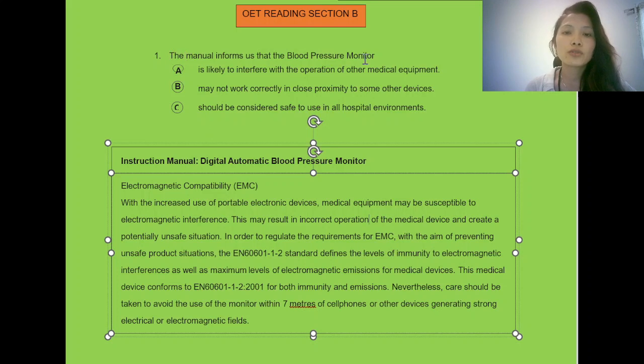You need to read this question for sure. Not only that, you need to read the options. But what I found from many of the tutors is that they tell the students to read the text first, then go for the options. In my opinion, I have seen with many students as well, when they were doing this kind of tip,